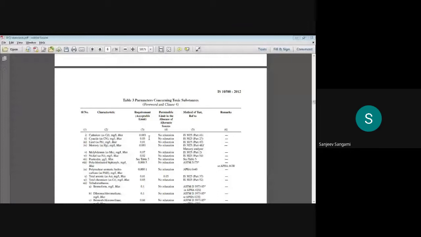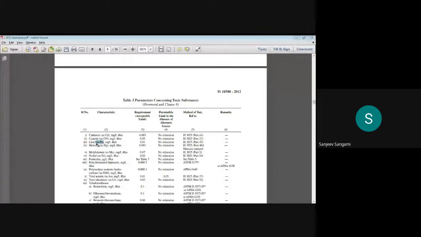Okay, then cyanide as CN, very important. It is not the cyanide in general that we are talking about, it is cyanide as CN. This is very important. And always remember, for example, sulfate is in the form of SO4. It is not only the sulfur. Okay, remember that. Then the bracket, this is very important.